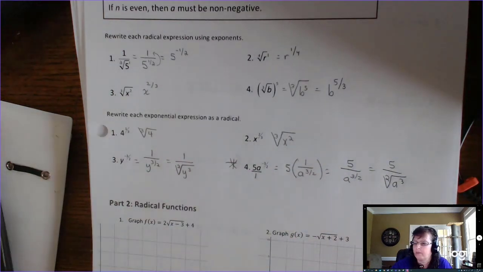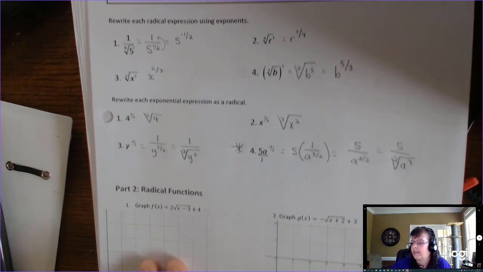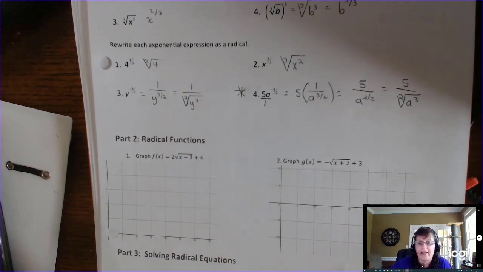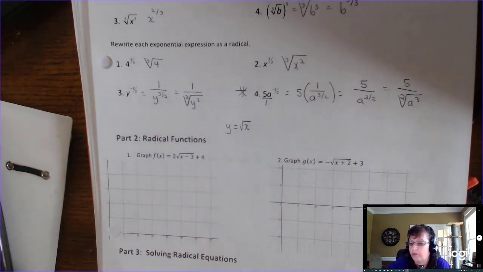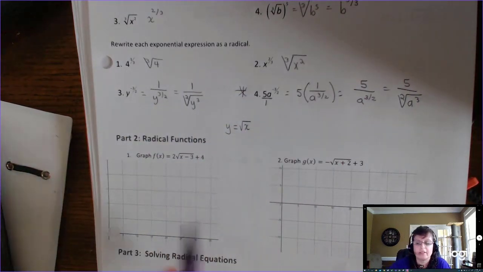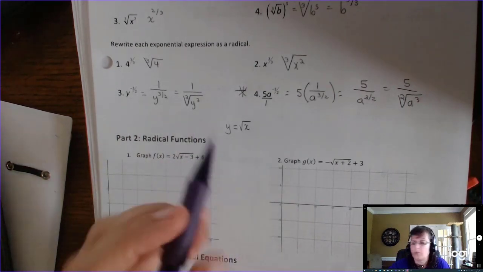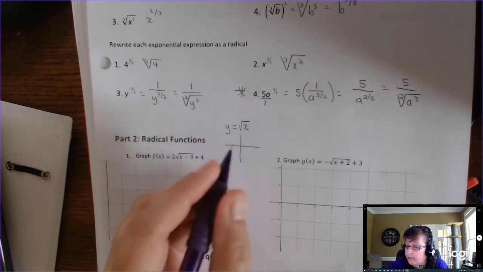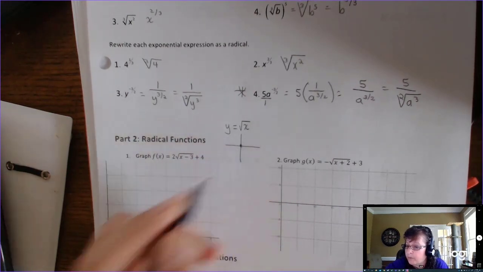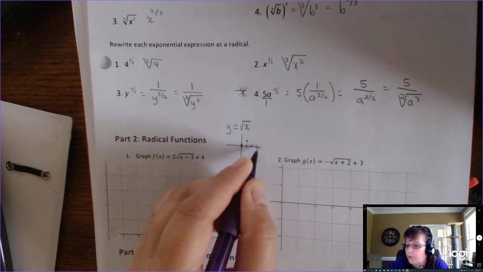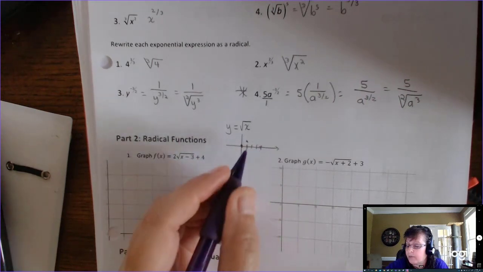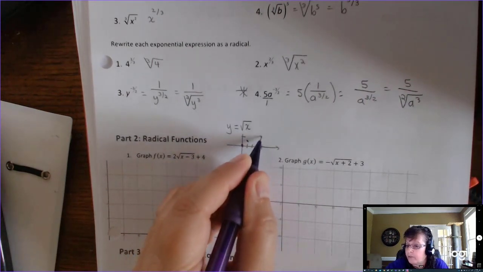So just a quick review of rational exponents. Alright, now let's review graphing, and we're going to use the translation method. So recall, back with quadratics, I called that the parent function. This is the parent function for all radical functions. Y equals the square root of x. Let's recall what that looks like. When x is 0, the square root of 0 is 0. When x is 1, the square root of 1 is 1. When x is 4, because I can pick numbers that work to my liking, y is 2. When x is